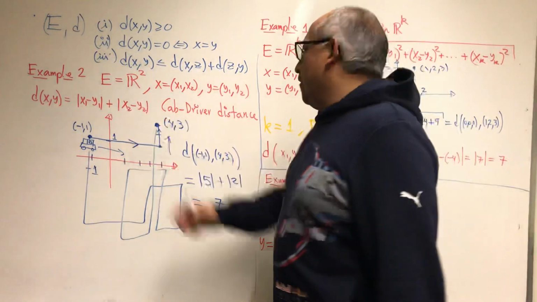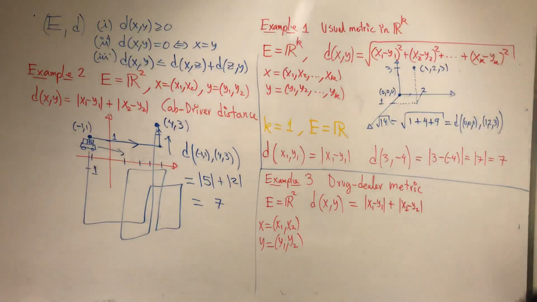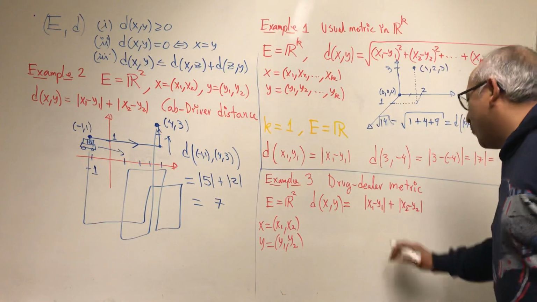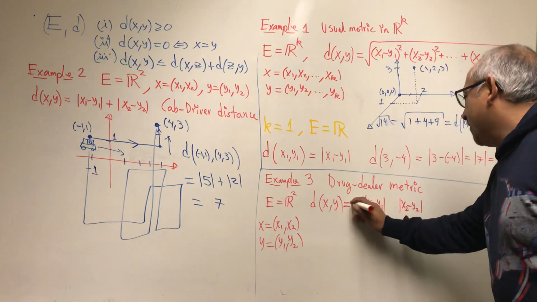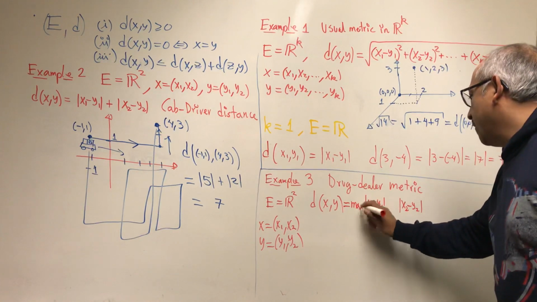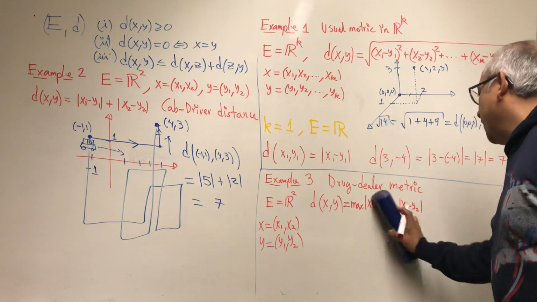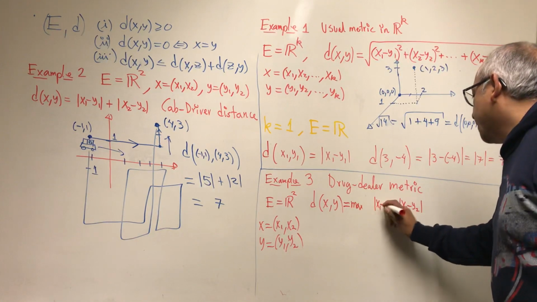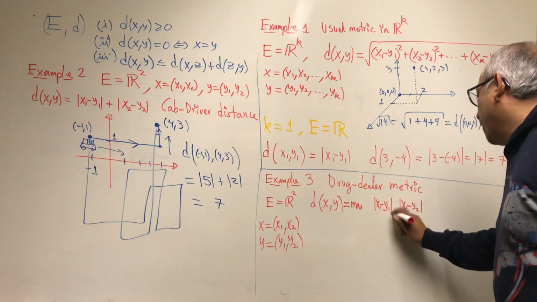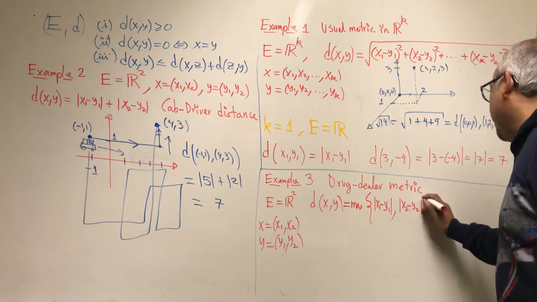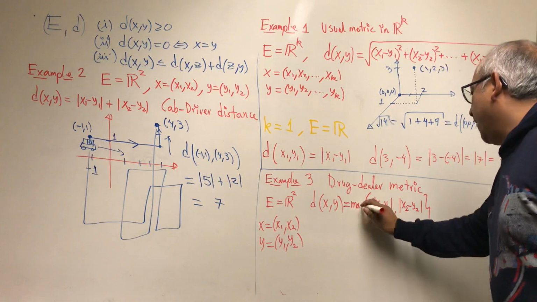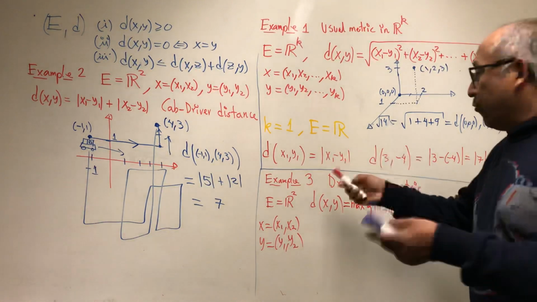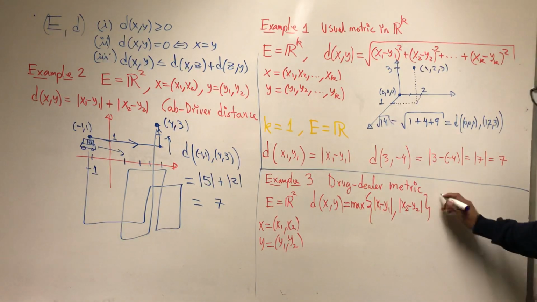It's similar to, wait a second. I'm sorry, I didn't mean that. Everyone has mistakes. It's the maximum of these two numbers. The maximum between these two numbers. Okay? The maximum. For example, what would be the distance from